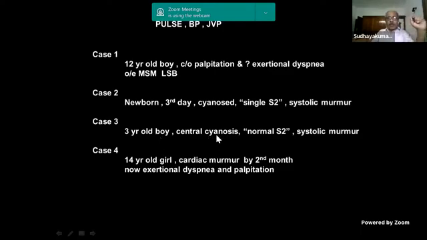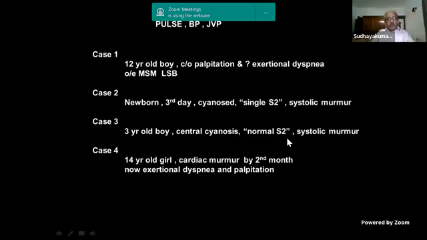A 3-year-old boy, central cyanosis, normal S2, systolic murmur. Normal S2 in a cyanotic, what is that? Pulmonary AV fistula. For practical purposes, almost always the second sound will be abnormal in a cyanotic heart disease. So a normal second sound in a cyanotic, if you are sure it is normal, is likely to